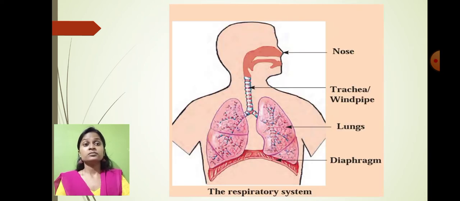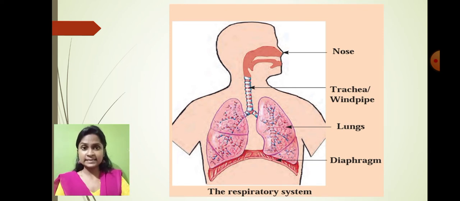So students, we have learned that the most important process which occurs inside our body is respiration. Without respiration, our survival will be in danger. Each and every second our nose is doing the work of respiration. Till now we were aware that only the nose is involved in respiration. But apart from the nose, there are certain organs inside our body which are not visible to us, but they are equally important for respiration.